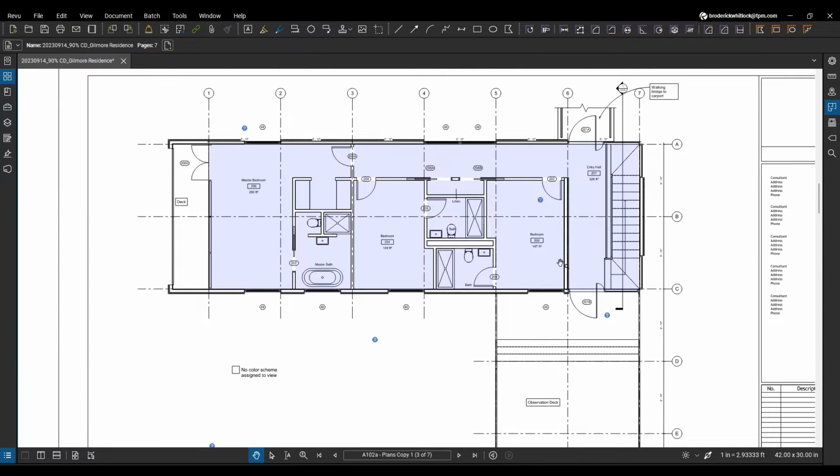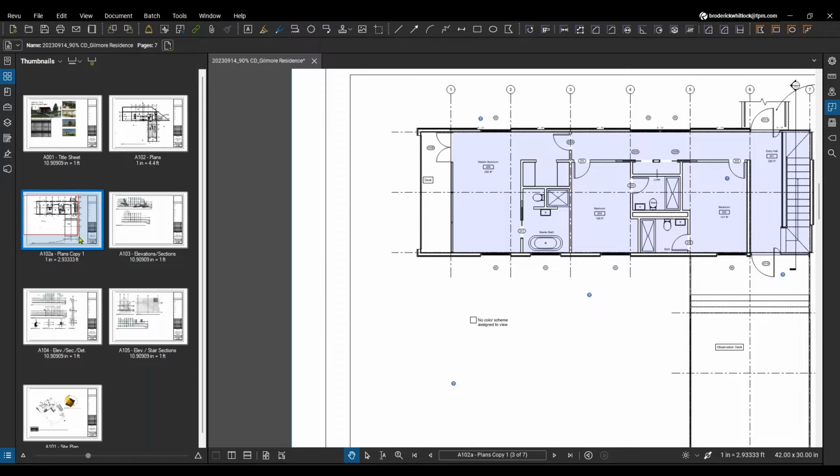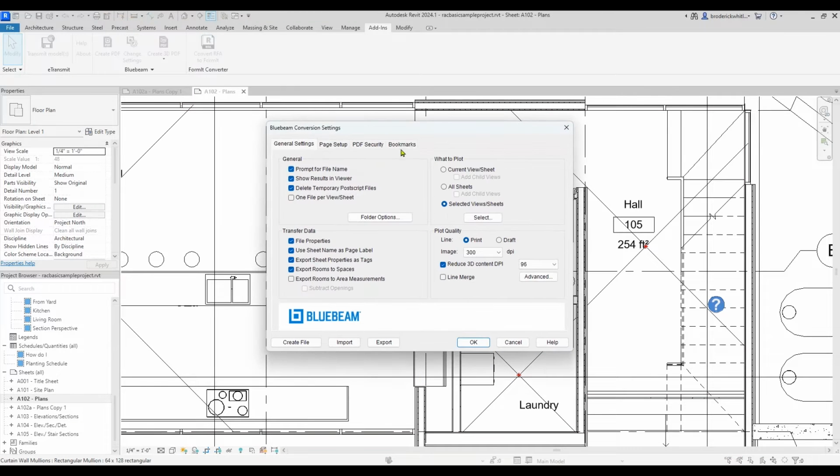So here we are inside of Bluebeam. This is not the floor that we changed or removed those rooms from, but we will go ahead and go to that sheet now. One of the nice things too, and I'll go back into Revit really quickly, is that with that additional data,